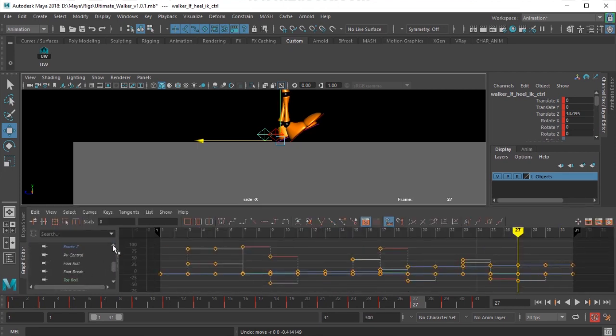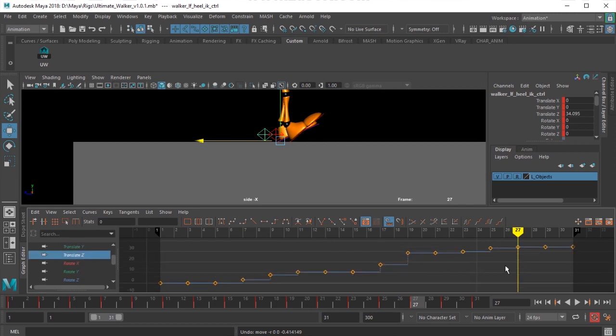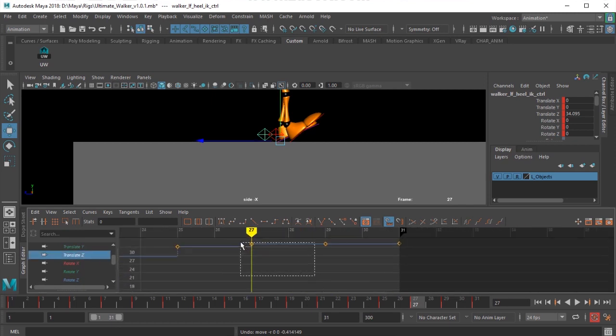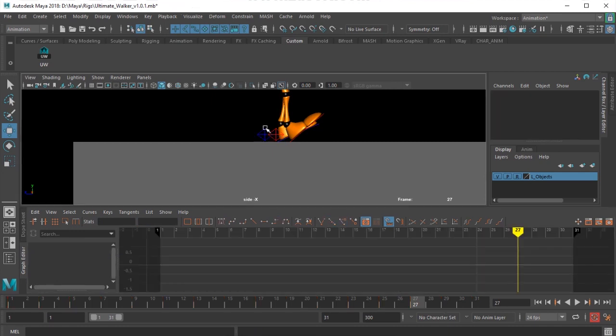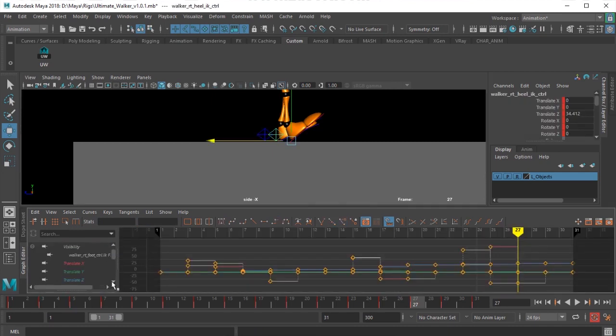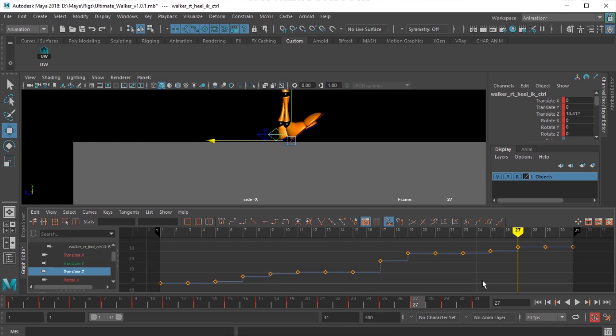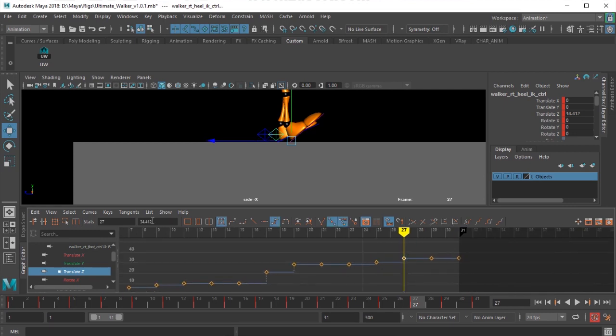Okay. Translation Z. I'll copy this value and paste it there and then paste it there. Do the same thing for the next control. Copy the key, paste it, paste it.